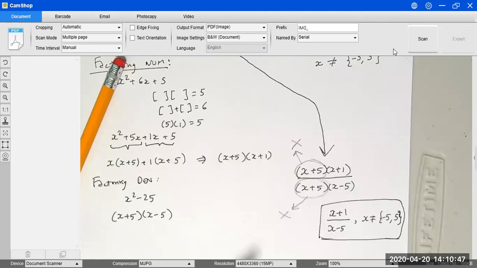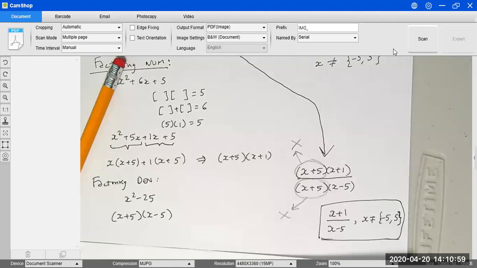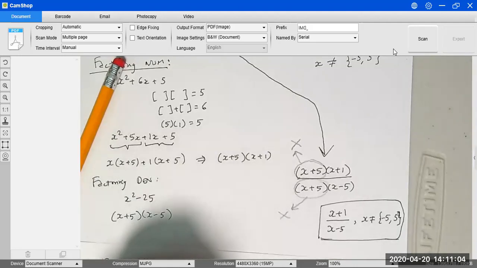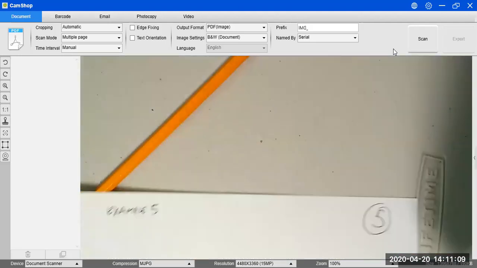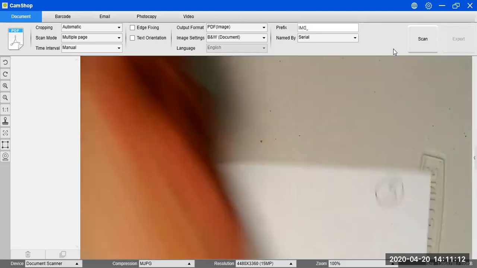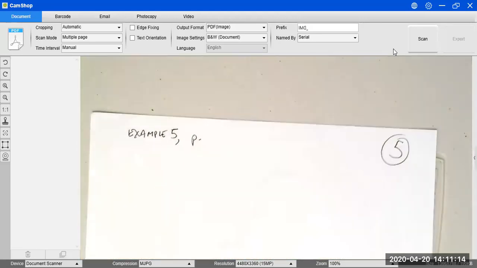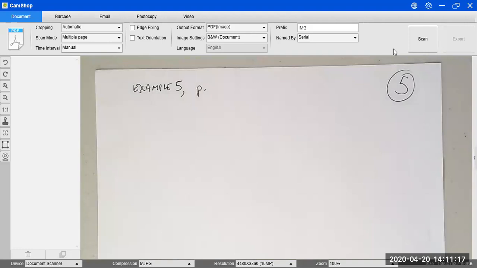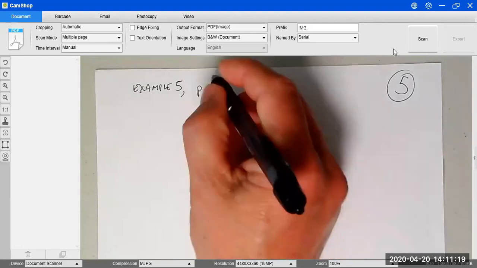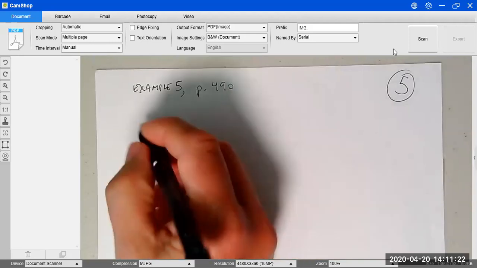So that's example 4. Let me work one more problem, and then you're going to have plenty of time to work many exercises from this section. So we're going to work now example 5. Example 5 is on page 490, and we're going to simplify